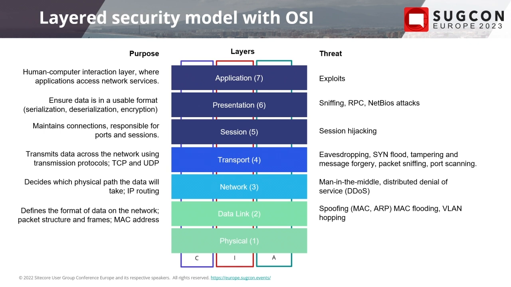Data link. This is one that's often overlooked. This is where we start breaking out the packet into frames, if you're into networking. So your packet gets split up into chunks. The chunk has frames with special metadata that then gets put on the wire, right? This is where our MAC addresses live for local routing. Switches use that. Some common threats that we see here: MAC and ARP table spoofing, MAC flooding,